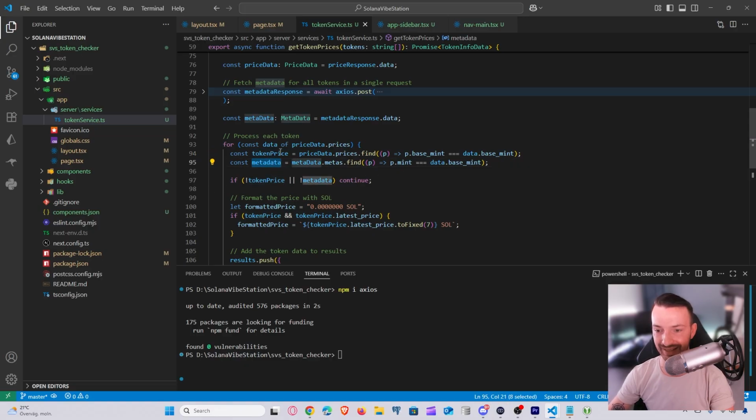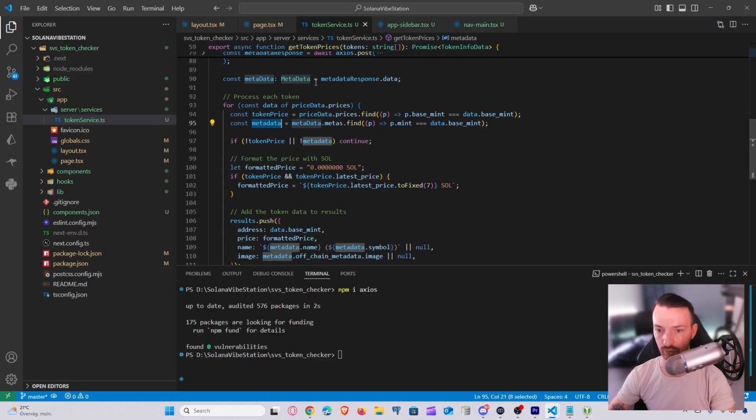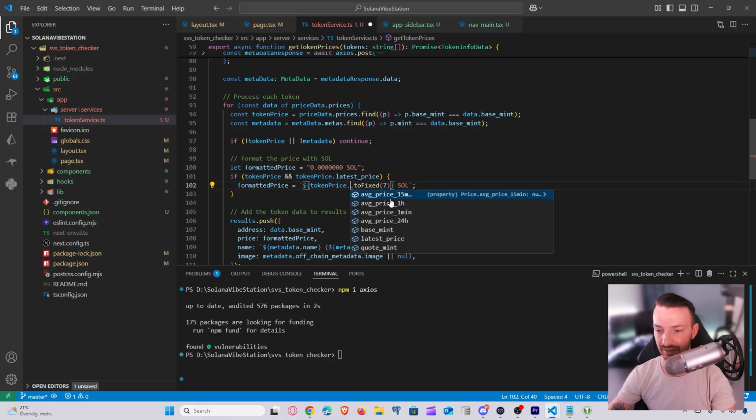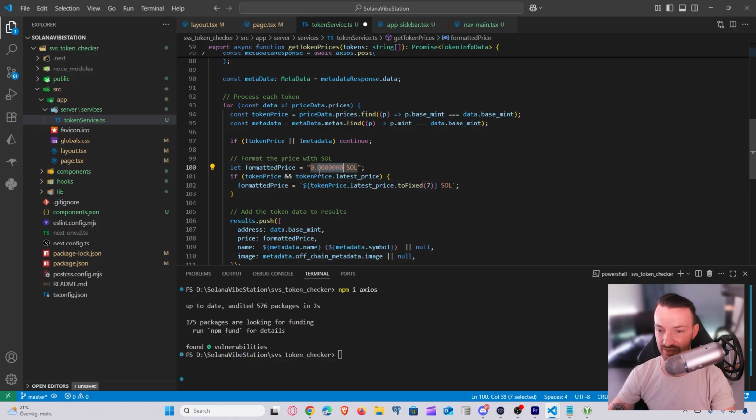And if we have metadata and a token price returned, then we will continue. If not, then we will go to the next one actually. If we have the token price and the metadata returned, then we will make sure that we formatted it correctly. So we will take the token price, which is stored in the token price object, latest price, and we can really easily iterate through that because we have the types. As you can see here, it suggests what we can use, and we want to use the latest price. toFixed means that we will only show 7 digits after the comma here, and then SOL. So we will return it really nicely into a formatted price value showing the SOL price with 7 digits after